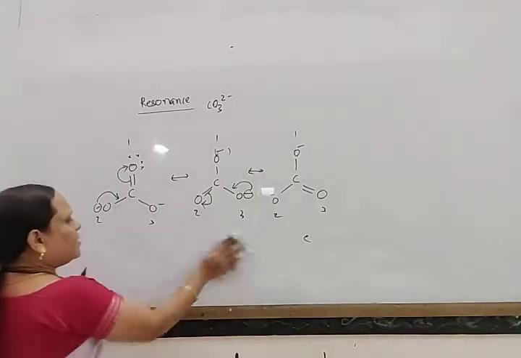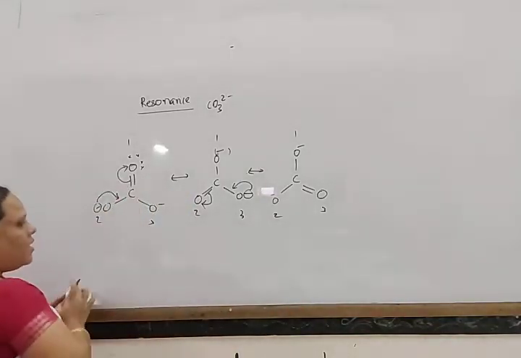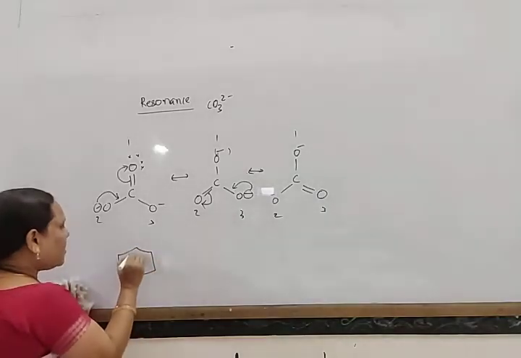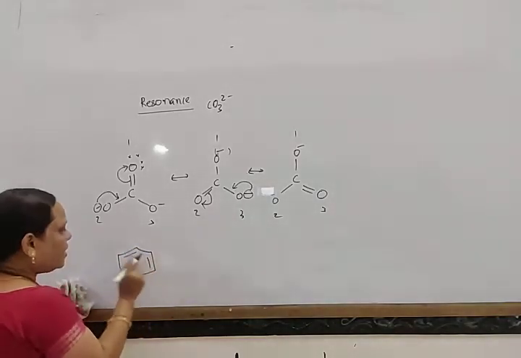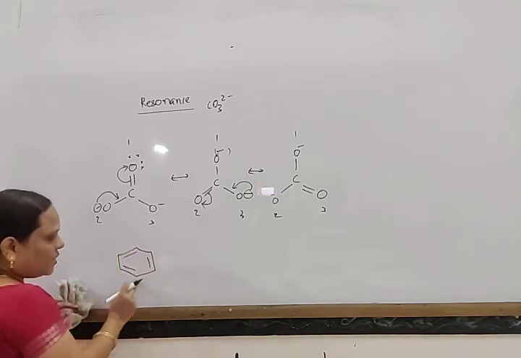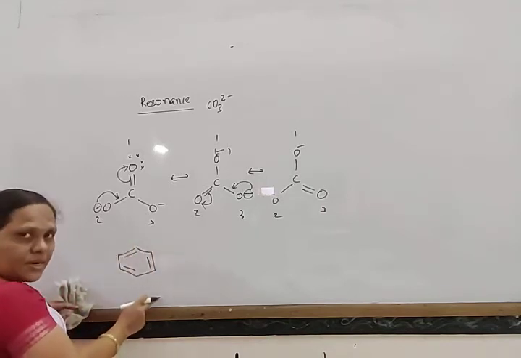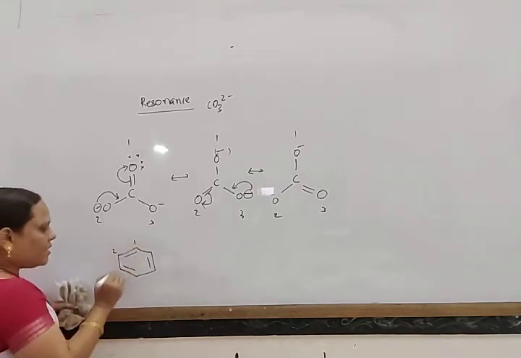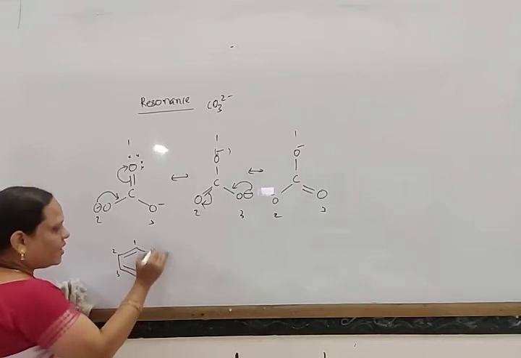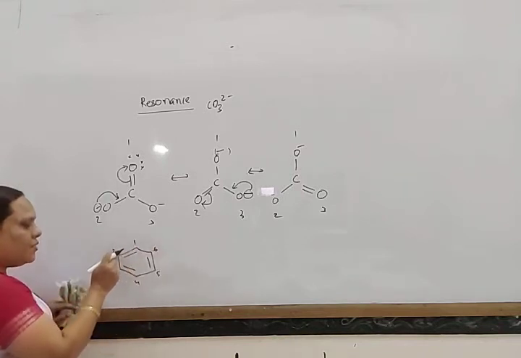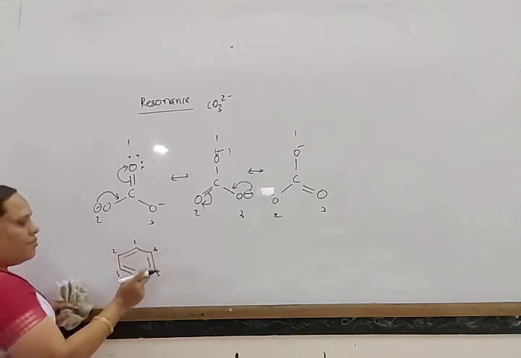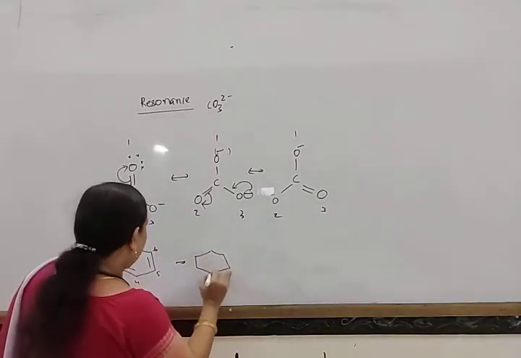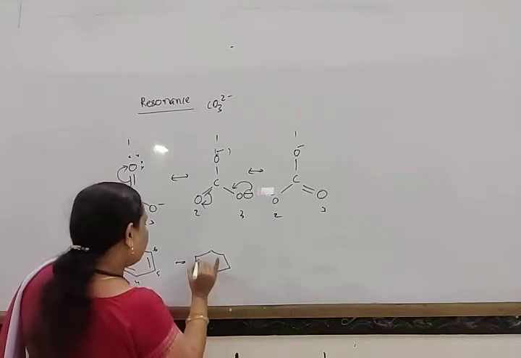Similarly, when we write the structure of benzene, look here, benzene has the formula C6H6. That can be represented with double bonds between these carbons. All these are carbon atoms. Double bonds exist between these carbons. Numbering them 1, 2, 3, 4, 5, 6, either between 1, 2, 3, 4 or 5, 6, or we can also write the structure of benzene like this.